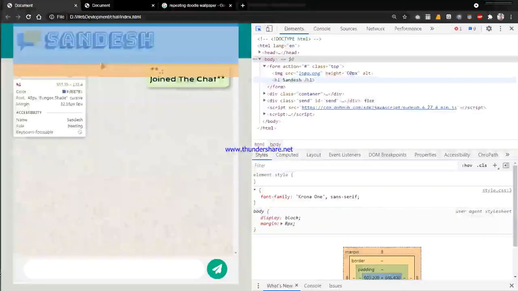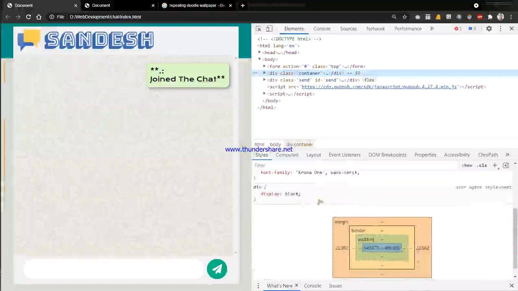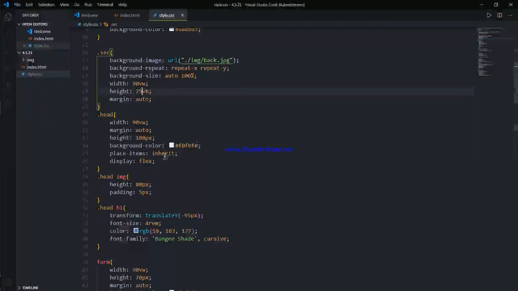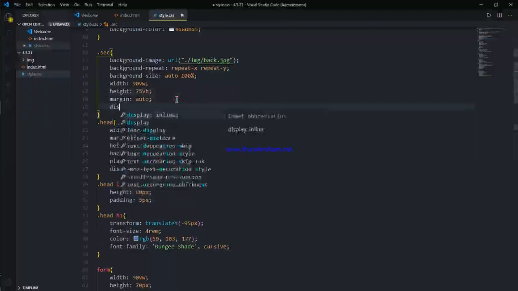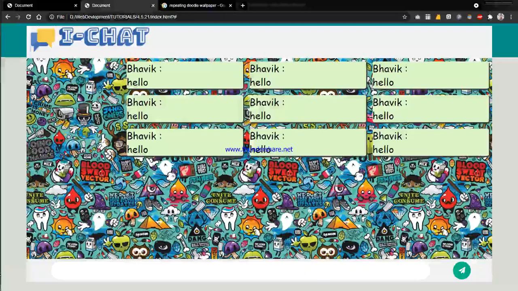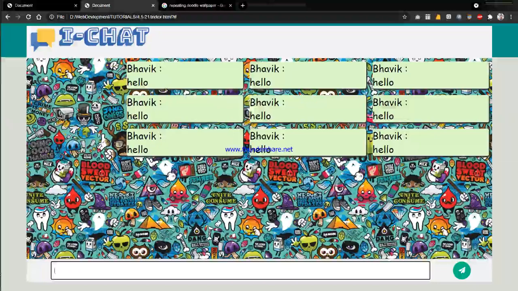So as you can see in the section here, it gives a display block, so we will go and display block, restart, not working.